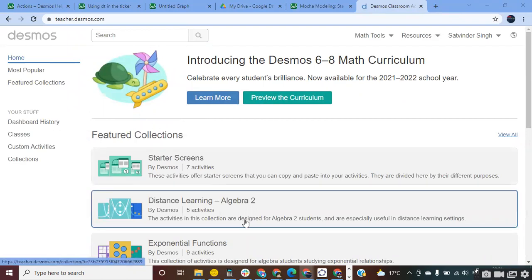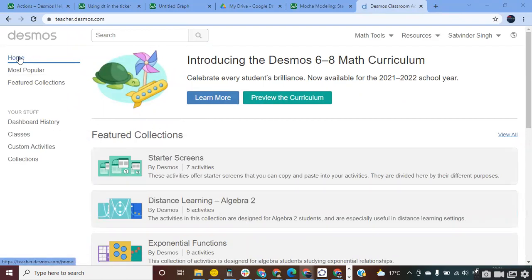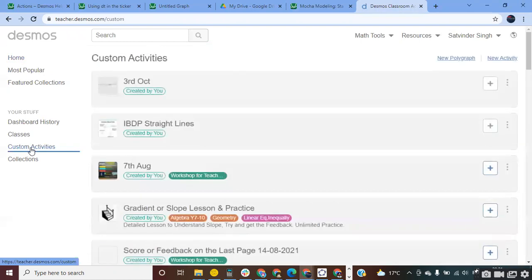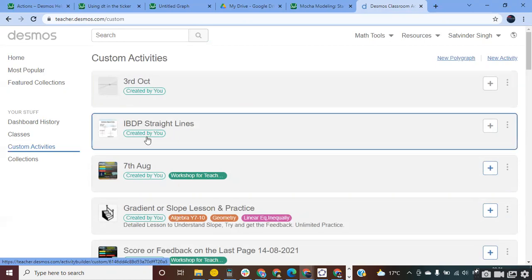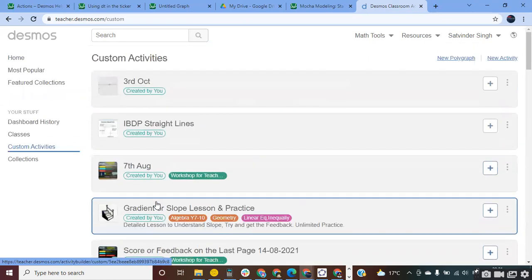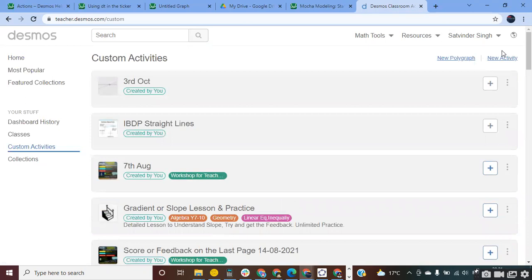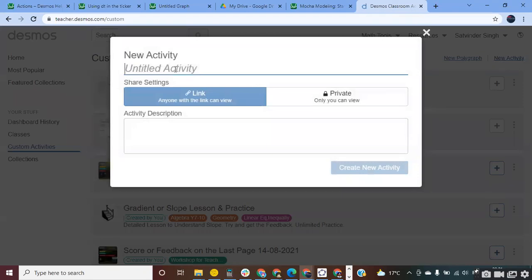To create your activities, you're already on the home page and you can go to custom activities. Click on this custom activities and look at this. This is 3rd of October, and other classes are there. Similarly, you can create here from new activity. Just click on new activity. Title of that activity, I'm just giving today's date,